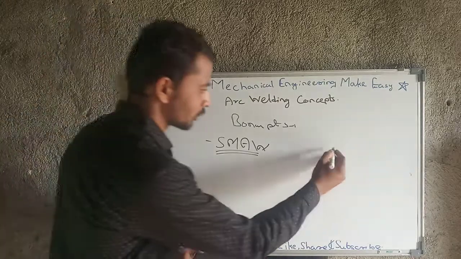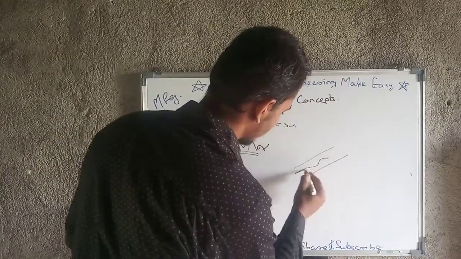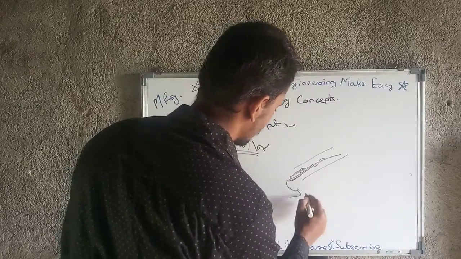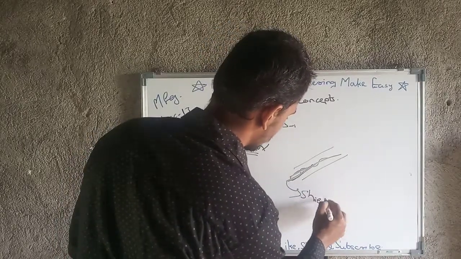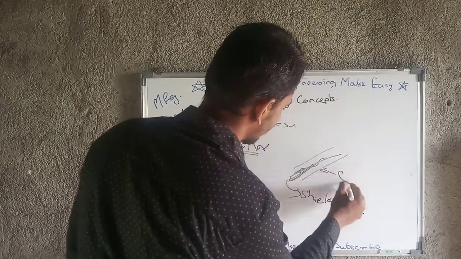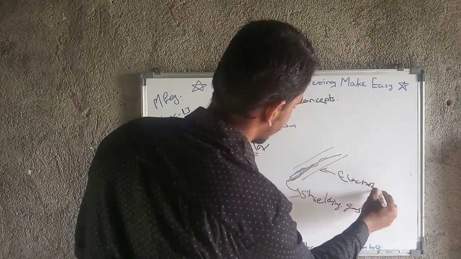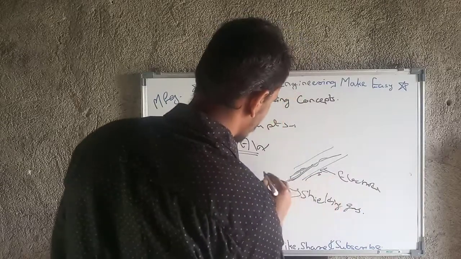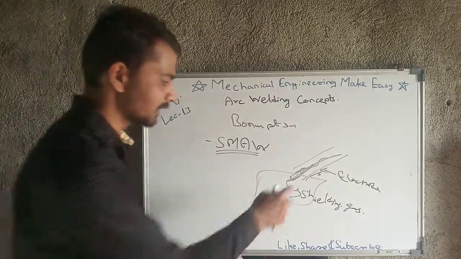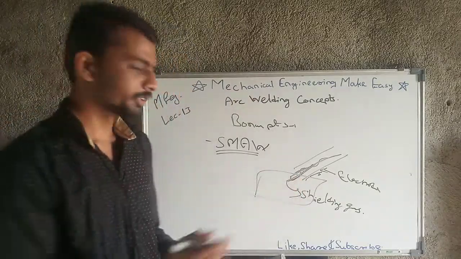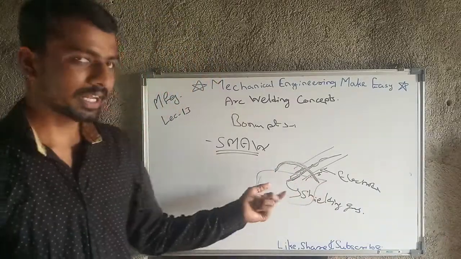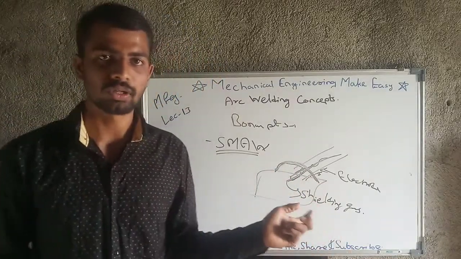That electrode will be a tube-like structure. From the inside, the shielding gas will come. This is the electrode. That electrode will have some coating also, and this will be the workpiece and the welding action will happen, and this shielding gas will be used for shielding of that joint or shielding of that arc, so that contamination and all those defects will not happen there.